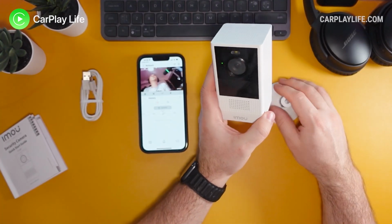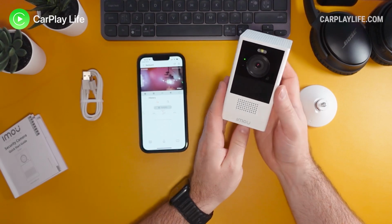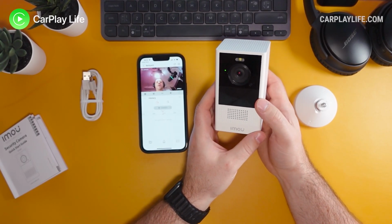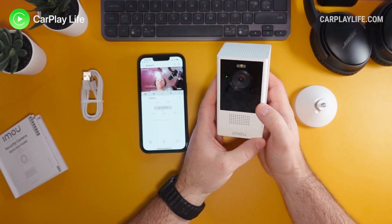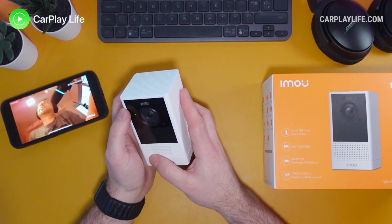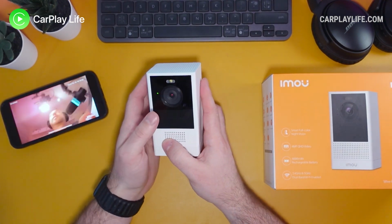So I'm going to have this running for at least a week so I can get my full report, and I'll give you my full thoughts afterwards. So I'll see you in a week. Cheers. 1 week later. Right, so I've been using this Cell 2 camera for over a week, and my overall